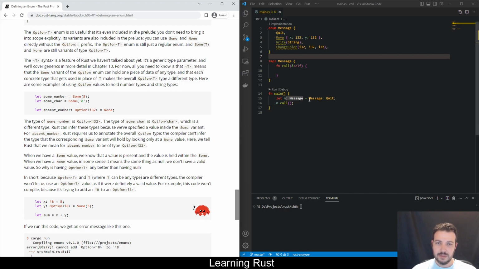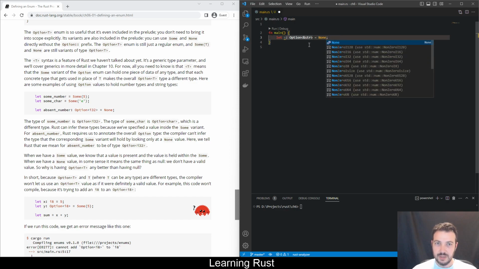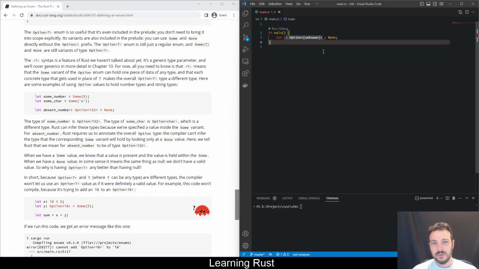Okay, so let's just check this out. I want to see that it becomes an Option<i32>, and if I put, I don't know, a string reference, a slice here, then it will become an Option of a slice. And if I do a None, let's see what's the type here. Option unknown. Okay, so the compiler doesn't know what the type is, and it's irrelevant, because if I call sum, probably Some(s), it will return,